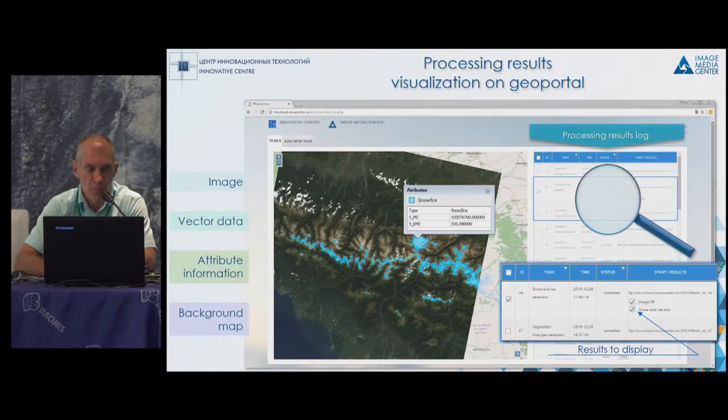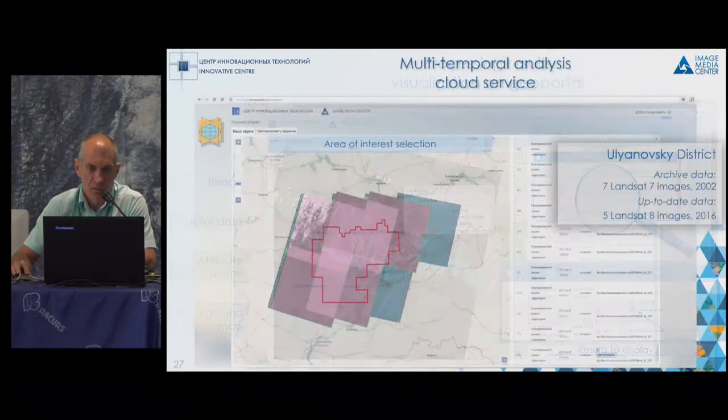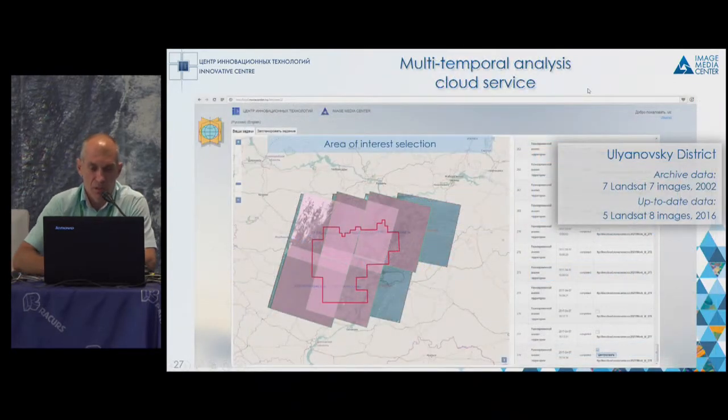Once a task has been done, he can look up the result in his room. For example, separation of ice from clouds, and he can download the actual gigabytes to his working station.